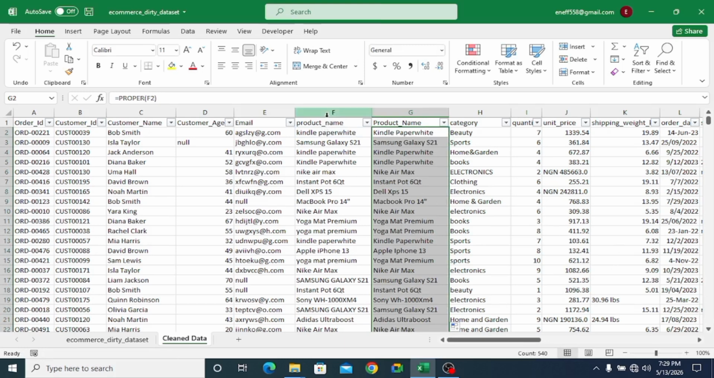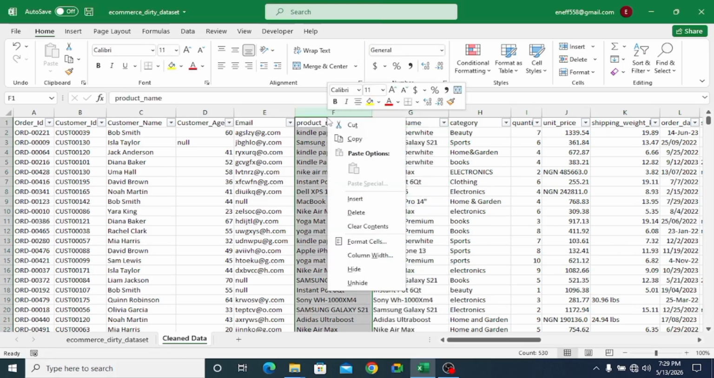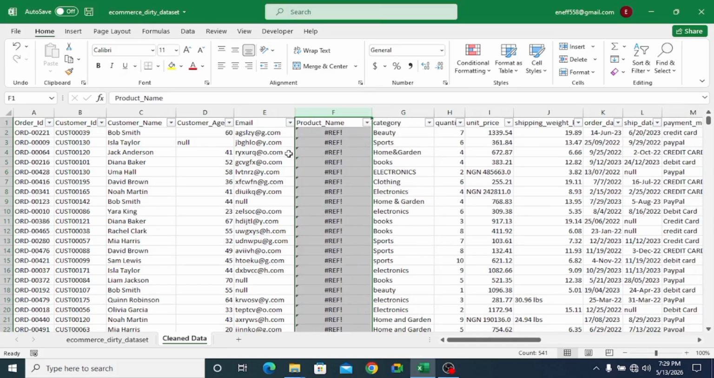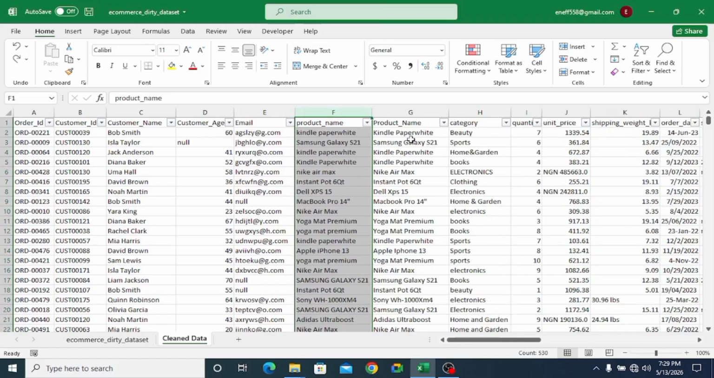Now let's try deleting the first product name column. You see that the new product name column is showing that our reference column has been deleted. So let me undo that. So for us to make sure that it doesn't change the product name column to a reference error, you need to highlight all the